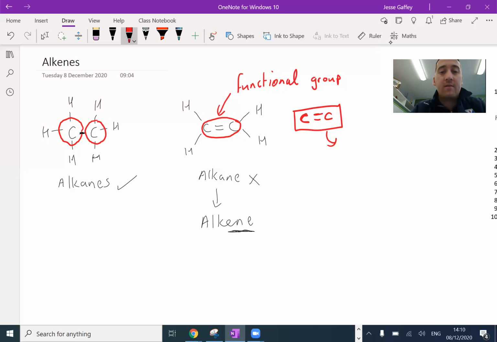In this case, we've got a double bond. Each carbon here is only attached to 3 different atoms. So look carefully and spot the difference. Now, because it's only attached to 3, we have the potential to break the double bond and attach more atoms